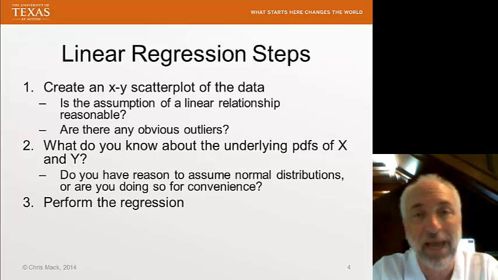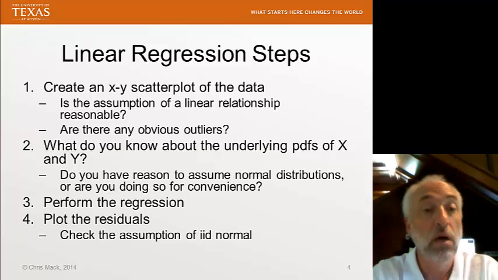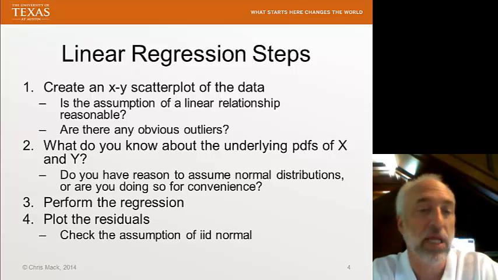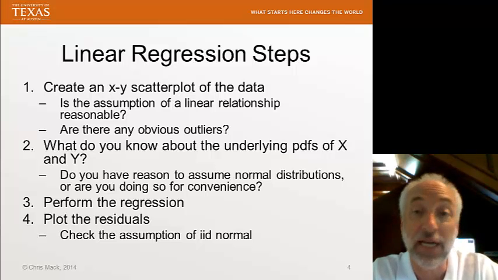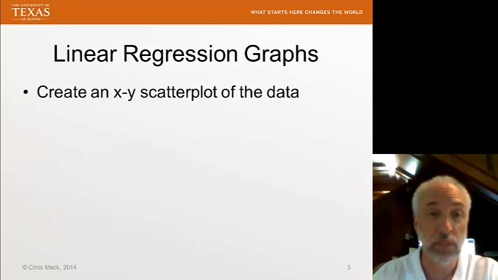Then, once this background is accomplished, we perform the regression. This is the easy part. This is pushing a button on a piece of software. The next step is to plot the residuals. This allows us to check the assumption of IID normal. And I'll show you what I mean by that in a moment. So, let's go through this